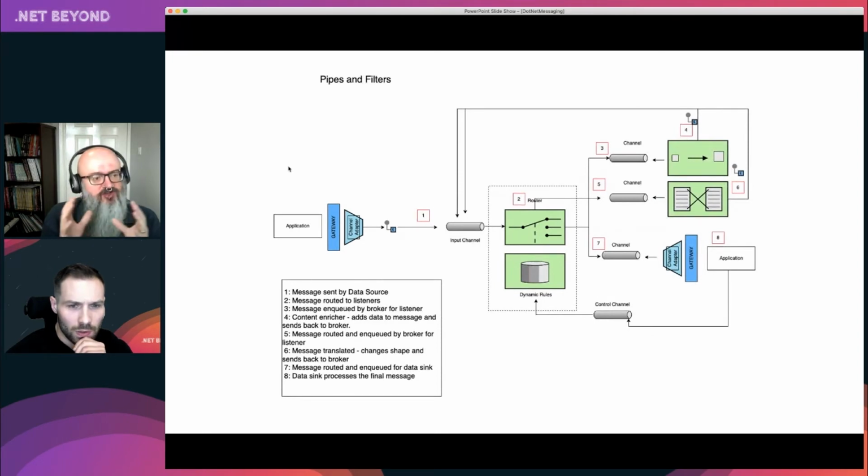So here we are. The diagram is even more complicated, but don't panic, right? One of the things to bear in mind about messaging is that even though here we are basically at 1 with the application, Jakub sending me a message, and I'm 8 over here wanting to receive something about failed orders, there may be an arbitrary number of steps in between that get inserted that I, as 8, the receiving application, don't need to know about.